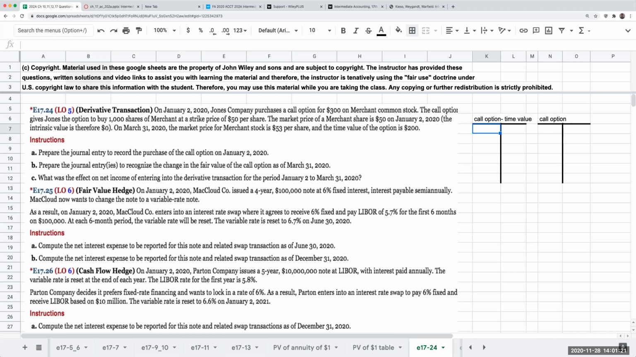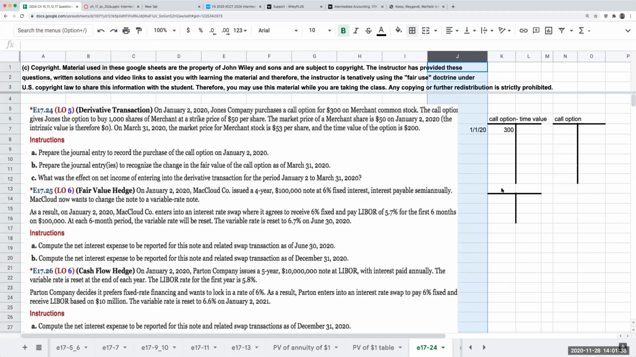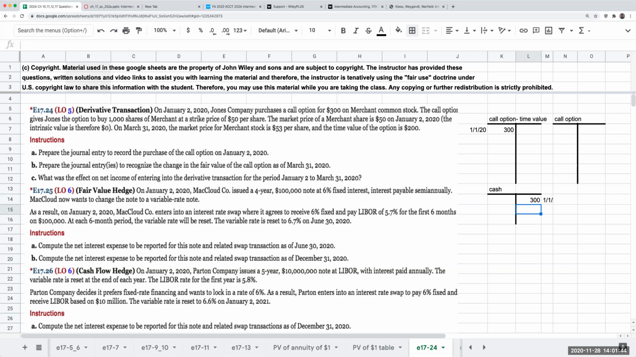I buy this item on 1/1/20 for $300. So this is going to be my asset. I'm going to credit cash on 1/1/20 for $300. And I want to segregate these two and separate them, because